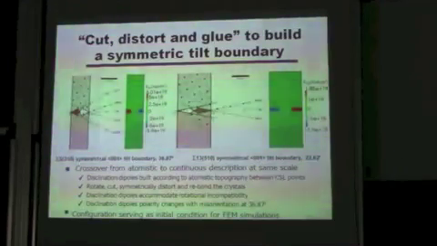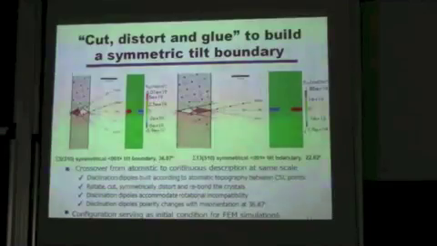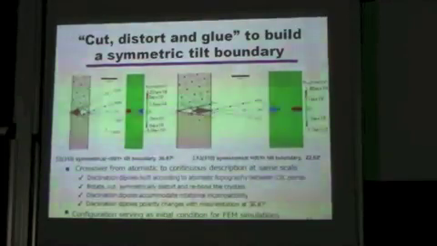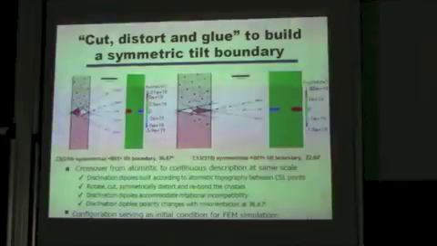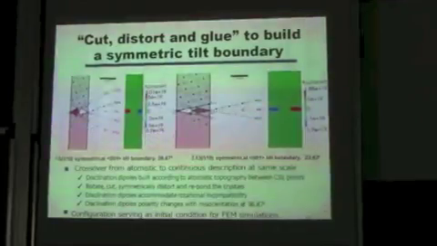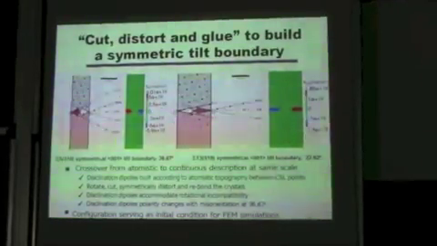Subtract the atoms that are in the void, for example here, in this white area, and distort the material such that the broken lines will merge along the straight line of the interface. Then you get some distortion. For example, here you have a traction. You glue, of course. You take some excellent quality glue and you glue again along this interface. So what you get here is some traction, and here some compression. And this is exactly a disclination also, because you have obviously a